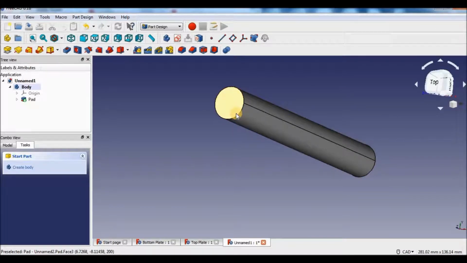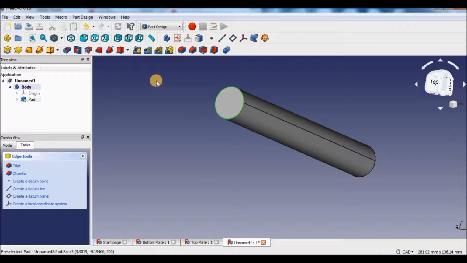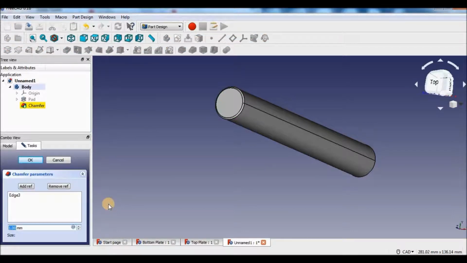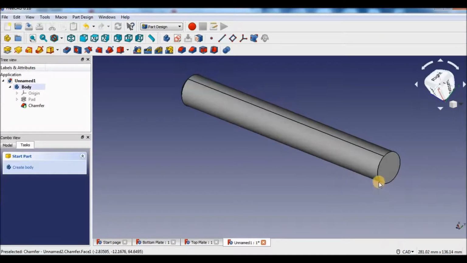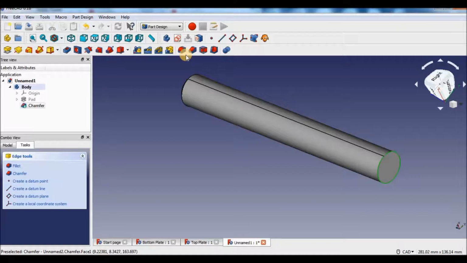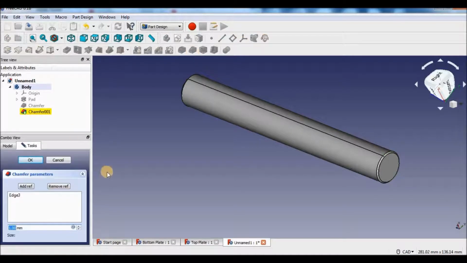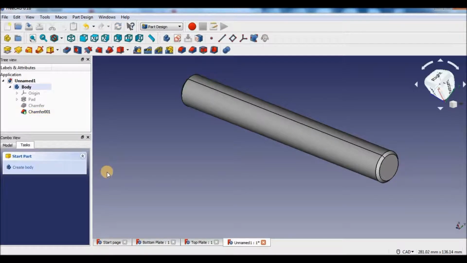For the chamfer, select this edge. Option is already given in the part design modeling. Select, give dimension 2. OK. Now rotate, select another edges, go to chamfer again, 2, and OK.